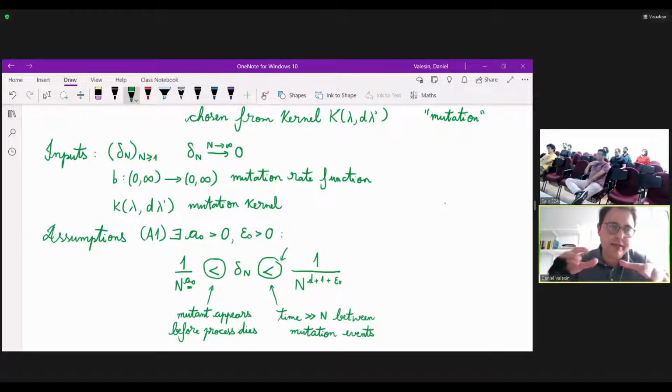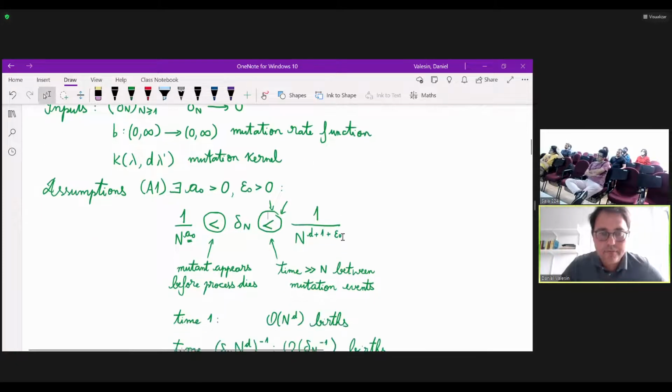So a mutant appears, and typically now there will be a competition between the host population, the population that was there before, and the mutant that appears. The idea of this assumption is that this conflict will be resolved before the next mutation occurs, so that these mutation events are well separated in space. So typically you will have one type living or two types living, but it's very unlikely that you ever have three types existing at once. It's not that it cannot happen, it's that it's becoming less and less likely that it happens.